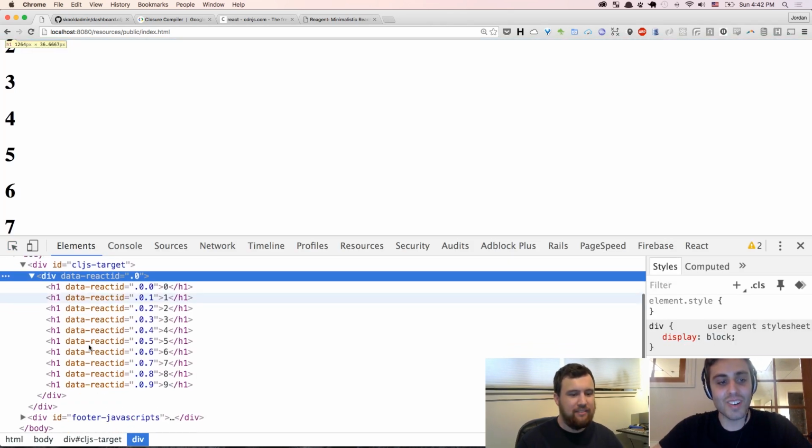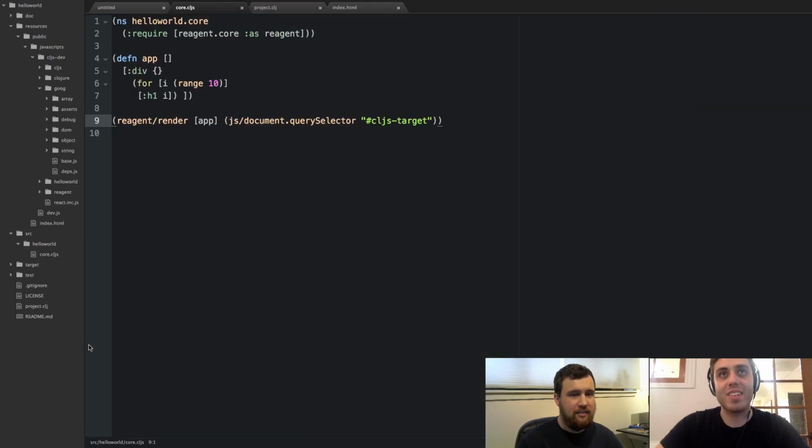What's really important to know is that there's no templating language. I'm not using Jade. I'm not using JSX. This is just Clojure. When you asked me what the difference was between JSX and the way you do it in JavaScript,